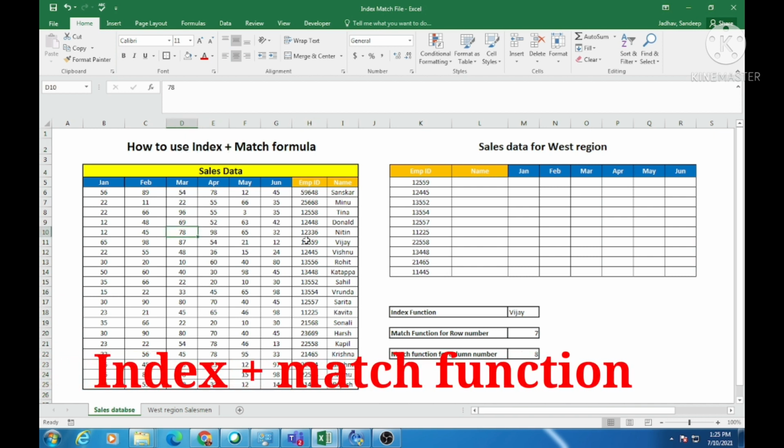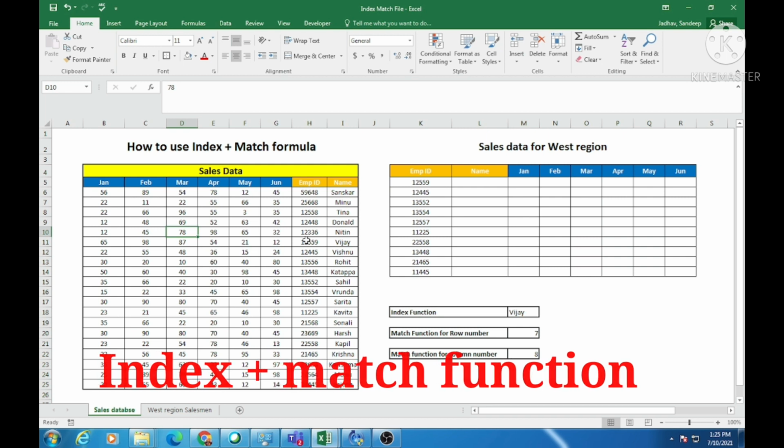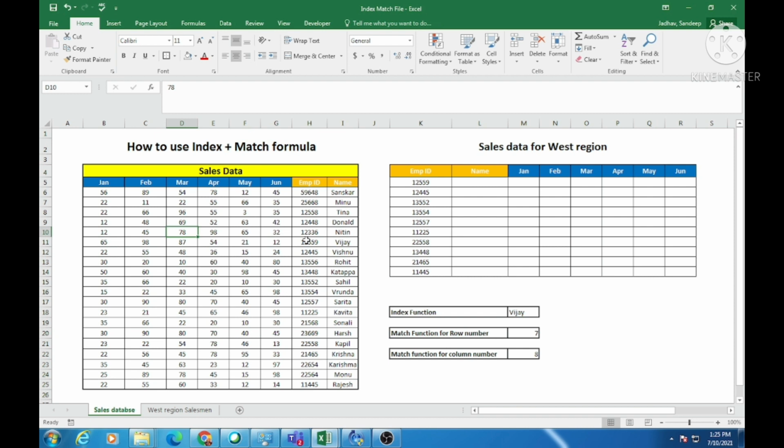This particular video will be very interesting to all of you who know and use VLOOKUP but don't know how to use the INDEX and MATCH formula, because this INDEX plus MATCH formula is asked in most of the interviews. So stay tuned till the end, because at the end of this video I'm going to tell you how to create a formula in one cell with the help of INDEX and MATCH, and how to copy it to all other cells to get the corresponding values correctly without changing the formula. So stay tuned till the end of the video.